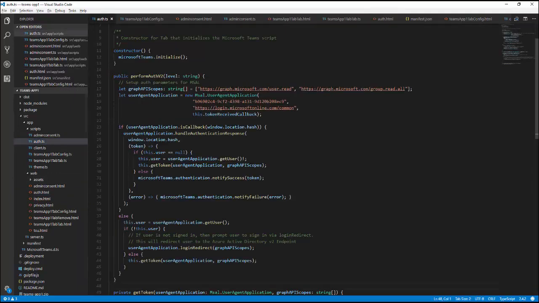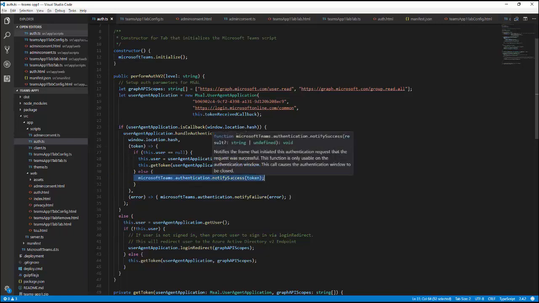And in TypeScript, you can see the perform auth method does a similar thing. We're saying I want scopes for the user or for the group. And here's my application, and I'm just going to call into the Microsoft Authentication library and say, I want to do this authentication for me. It will then prompt the information as necessary. I can then handle my response, and in the response here, I'm going to get the token that's returned to me and pass that token back to Microsoft Teams using this notify success method, which then routes it back to my